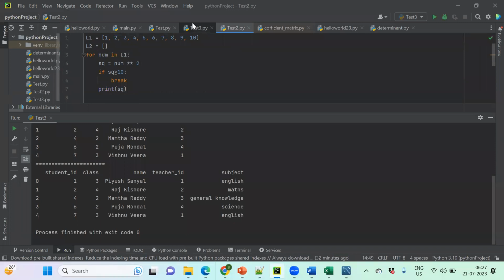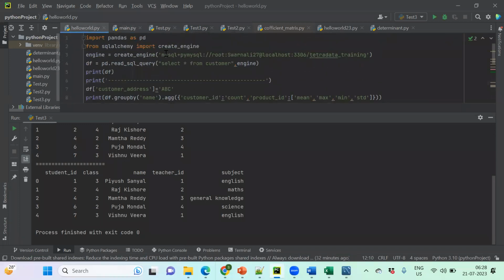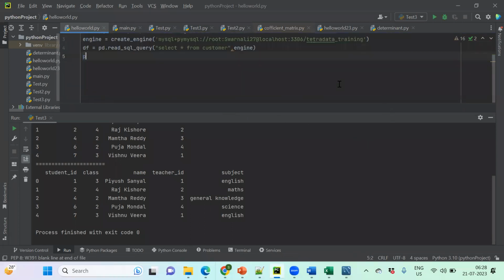Okay, this one is also completed. I'll be showing you this after this course. Okay, let's take this. So if you can remember,